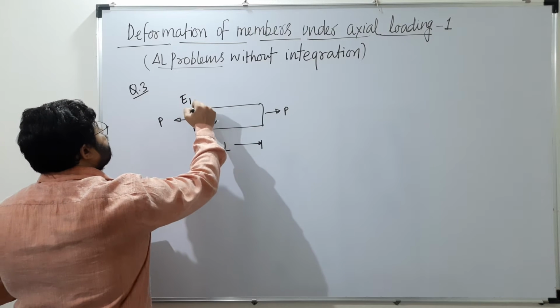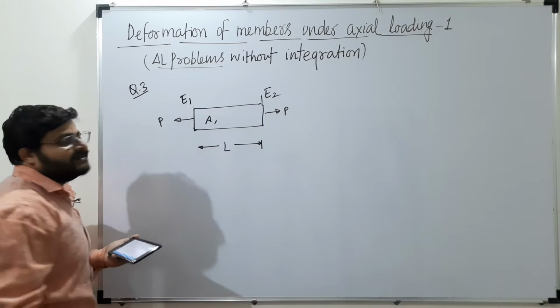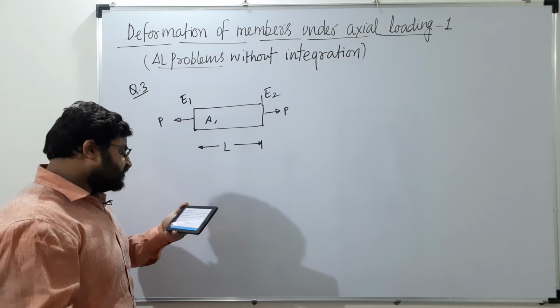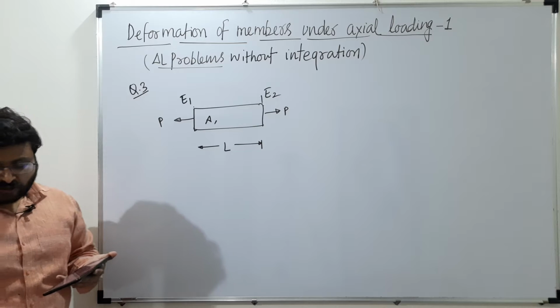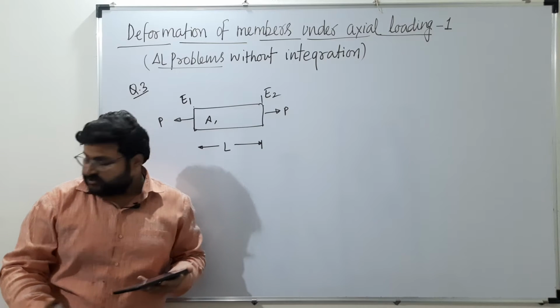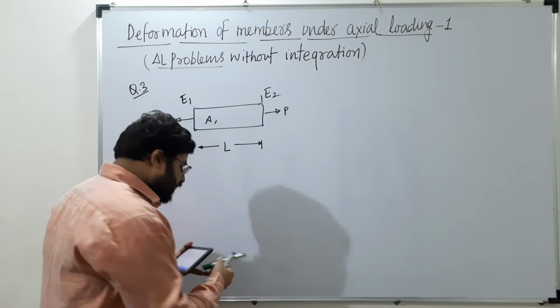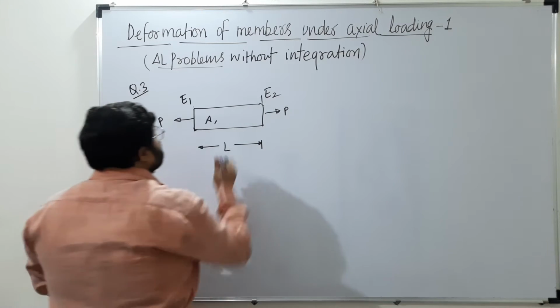So at this point modulus of elasticity is E1, and at this point modulus of elasticity is E2. The normal stress developed at the section SS is, so what they are asking is how much normal stress will be developed at section SS. So first we should locate where that section SS is. So this is